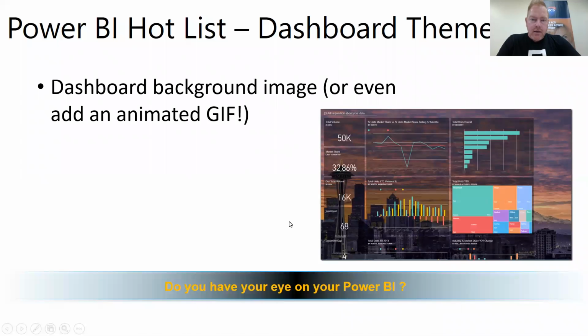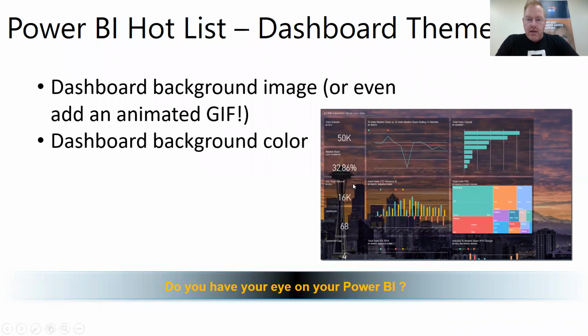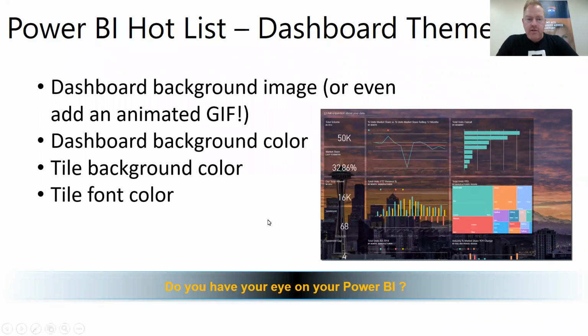Power BI is a Microsoft product, and it is essentially the face of AI. AI doesn't always have a face, but Power BI is a dashboard builder that really brings alive your data and your AI. You can see here the use of a dashboard where you can customize the background image, the background colors, the tiles, the fonts, and all of that sort of thing, to put a face on your AI and make it highly visual.